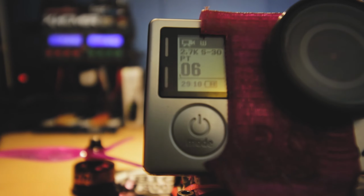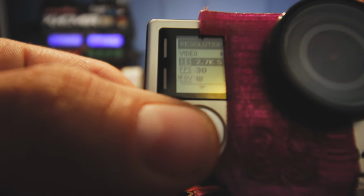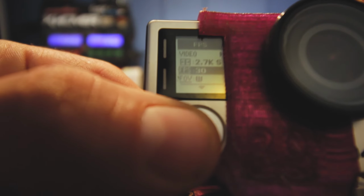So here's my GoPro settings and why. Let's go into it. I shoot at 2.7K Super View. It's just a higher resolution than 1080, so there's more data to work with later, and Super View is just kind of a must, I think, when you're doing